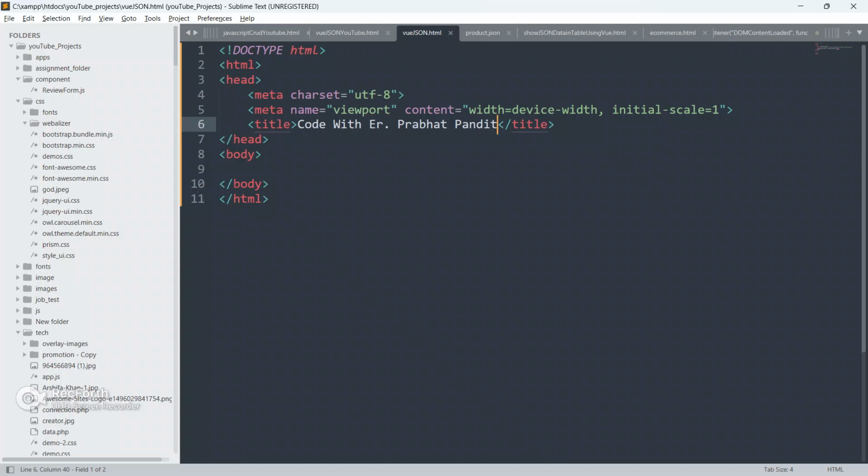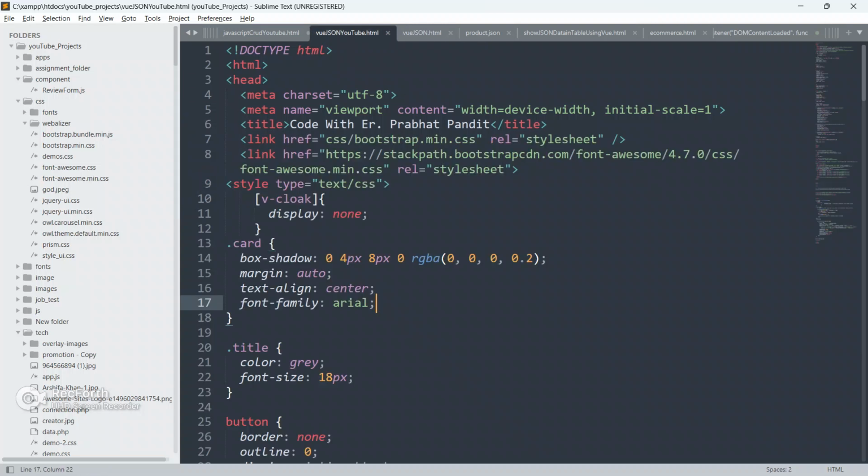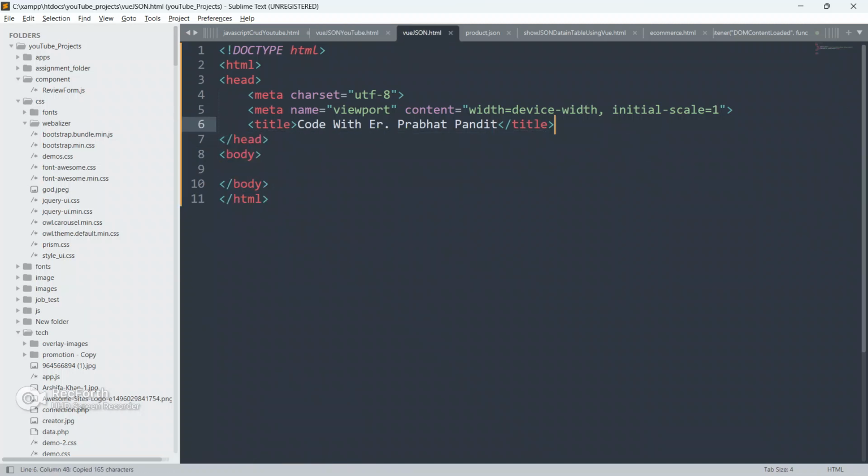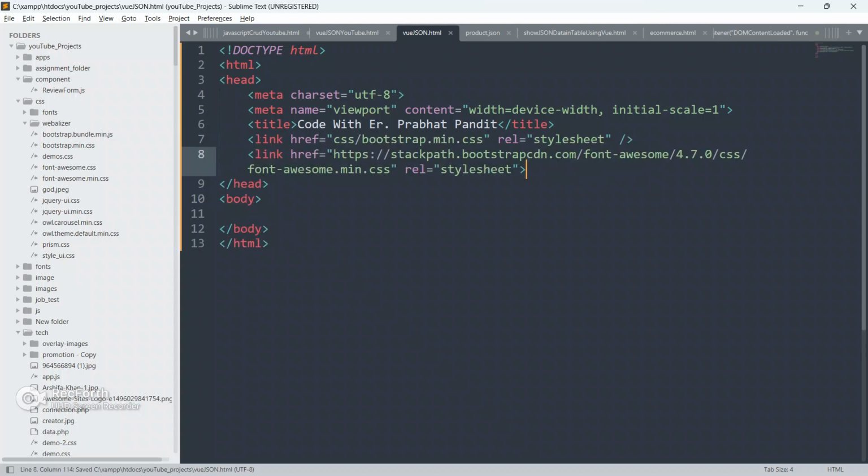Okay, so guys, now let's get started and let's learn. But guys, let me just paste some of the CDNs from the previous example only, just to save our time. So I'm gonna go to the previous example and copy this CDN link. I will explain all the CDN links to you guys, so don't worry.